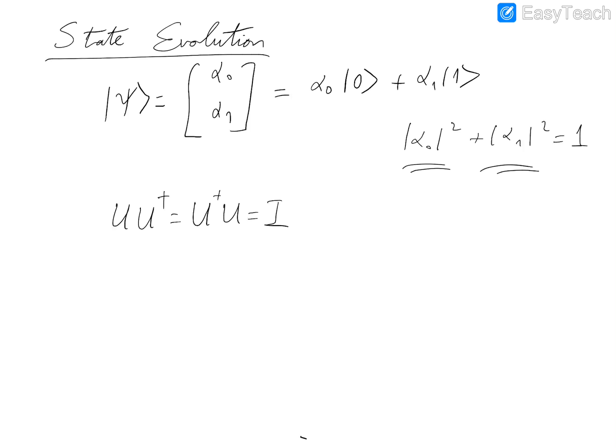So the inverse of a unitary operator U is always its adjoint. Okay? So unitary transformations are reversible, in the sense that we can always uniquely recover the input from the output. Okay,